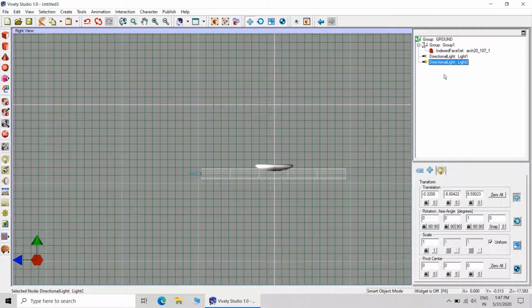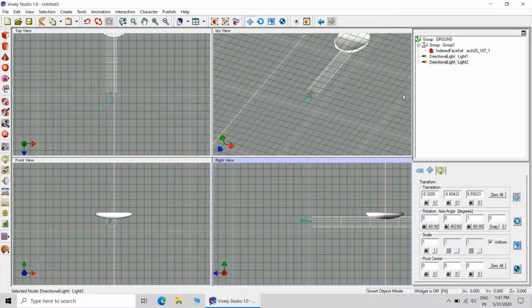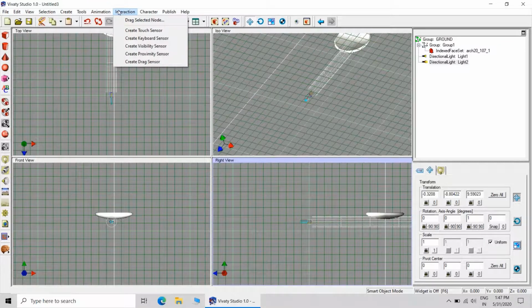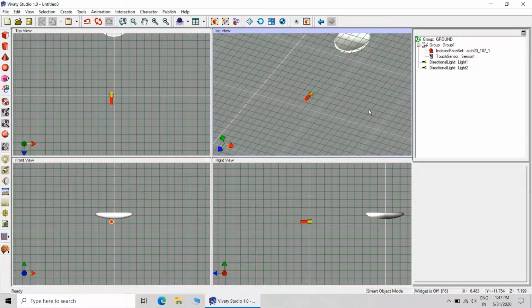These two lights I have created exactly superimposed over each other. Now I will be creating a touch sensor, which will be operating or toggling the light. So this completes my second step.